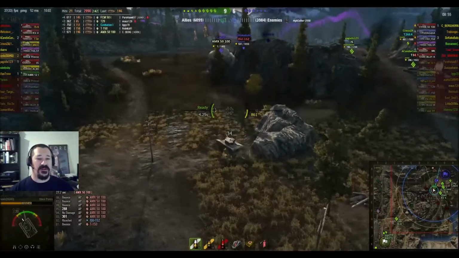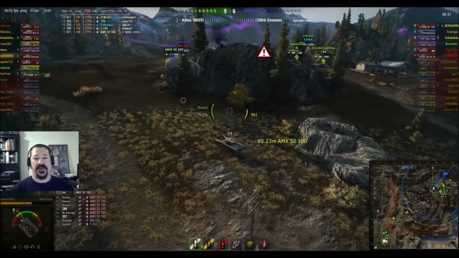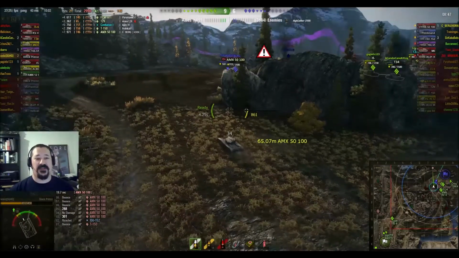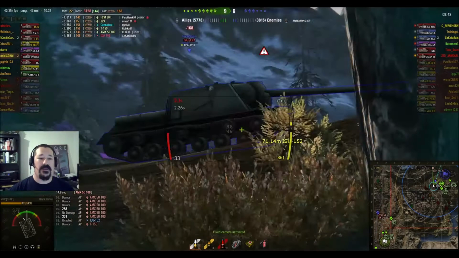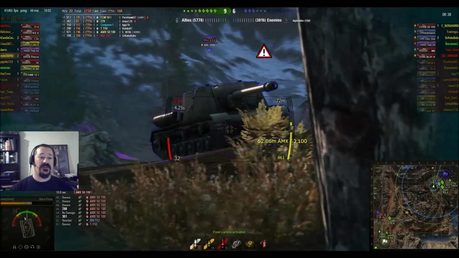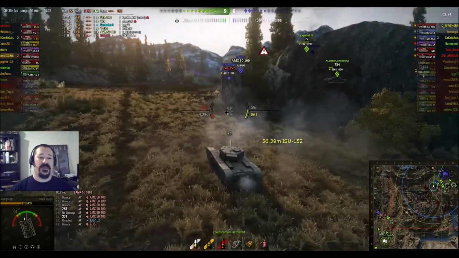Now, really, I shouldn't have pushed up like I did. I had 3 tanks coming from the right, but I got kind of greedy, I want to say, and thought maybe I could finish off that AMX 5100. So I see the ISU. I'm trying to track him. I end up putting a tracking shot. However, he uses his repair kit. I'm not able to stop him, which